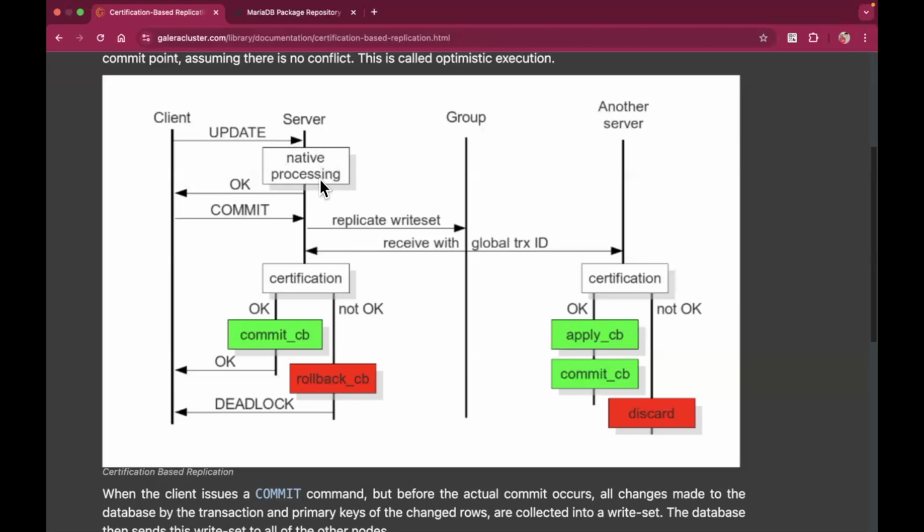Once the transaction is processed, we will get the OK. Let's say your update is completed. Now, when I am triggering the commit, begin, update statement, the next step is I'm connected to node 1, and the next step is I'm triggering the commit. During this commit, when the commit is triggered,